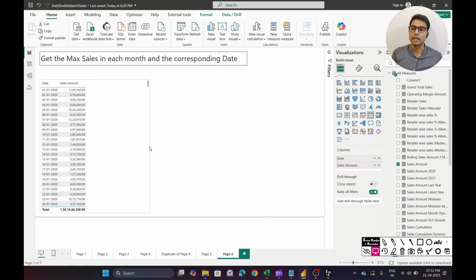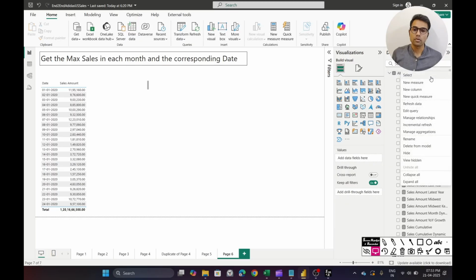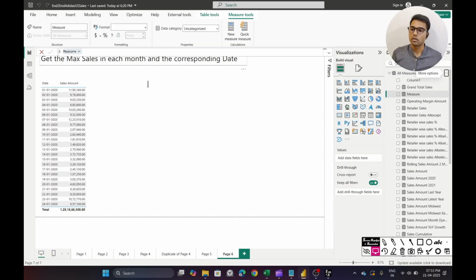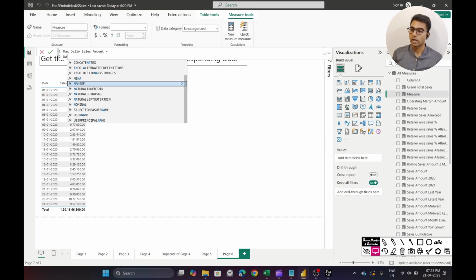So let's start building the solution for that. First thing I need to do is to create a measure to get the max daily sales amount is equal to, I will use the MAXX function because I want to iterate,